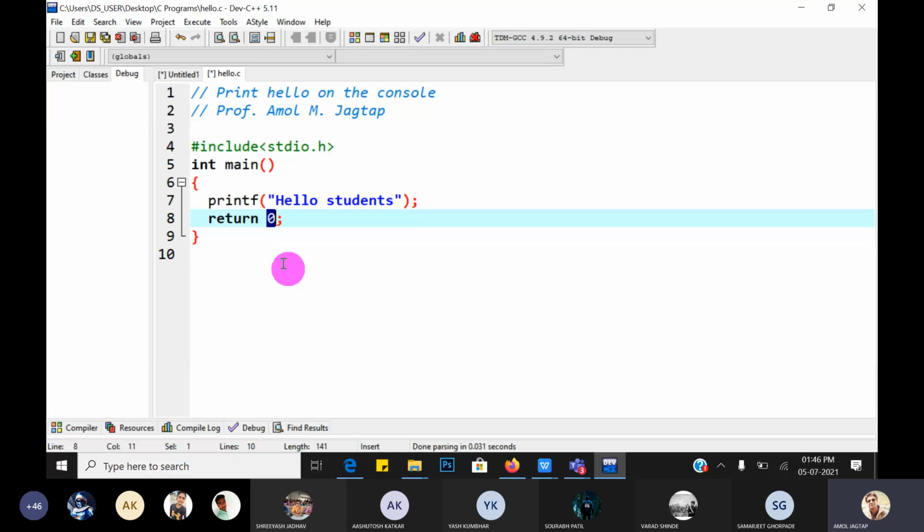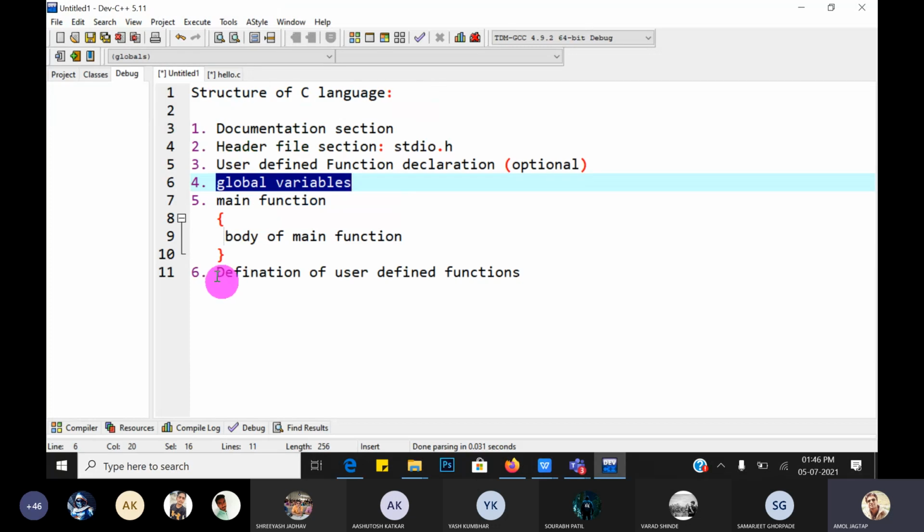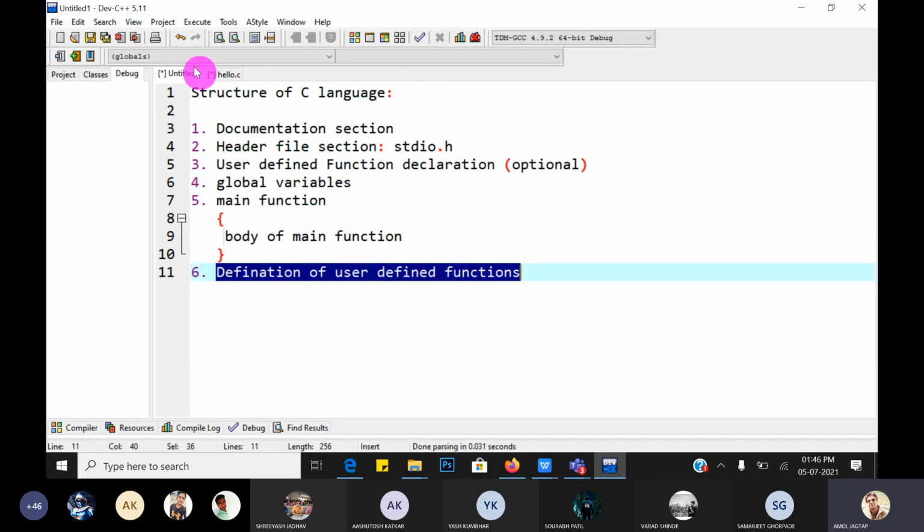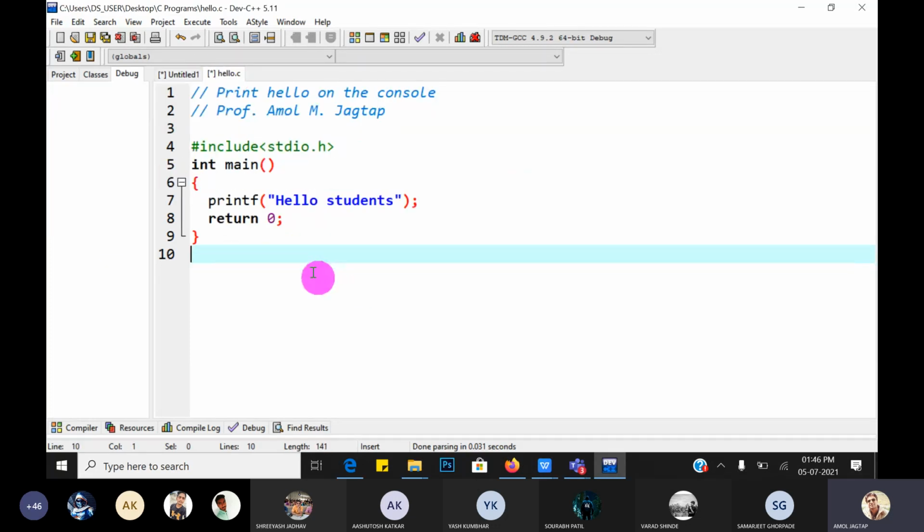Step by step we have to discuss all these things. The last part, as per the structure, is the definition of the user defined function. We have not created any user defined function, so no need to write a definition.